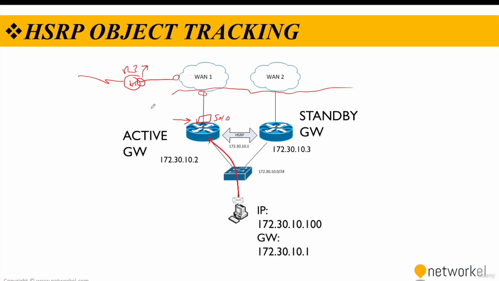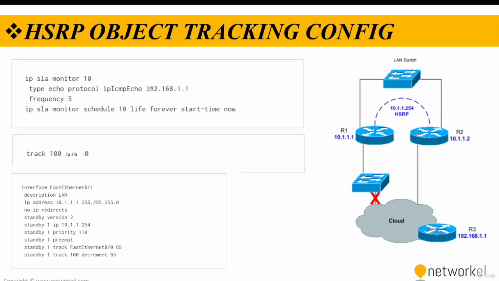Okay, so basically what will happen then, even if everything works perfectly fine in here, the traffic will continue to flow in this direction, but I won't be able to reach maybe the internet since there's an issue with the interface of this router 3. Okay, so HSRP object tracking is addressing these sorts of situations. Here is how it's